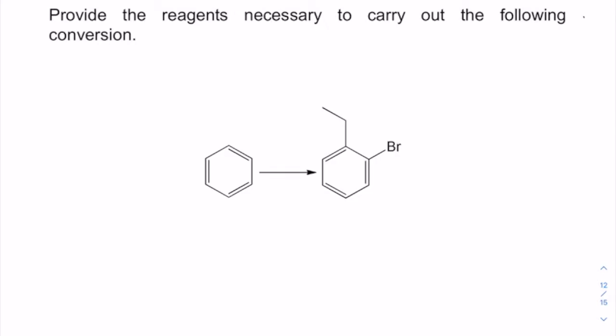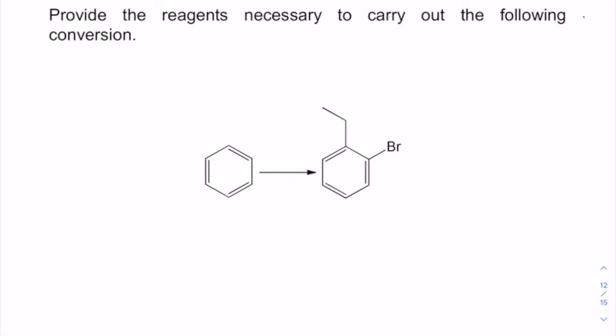Okay, so this is a simple aromatic substitution problem. We start off with benzene and we need to add an ethyl and a bromine to the benzene. So the first step is to figure out which substituent group we want to add first. We have to add the ethyl group first because it's the bulkier group and it's going to be the director